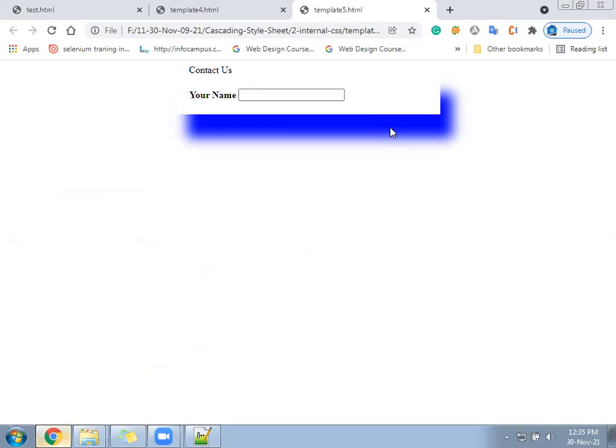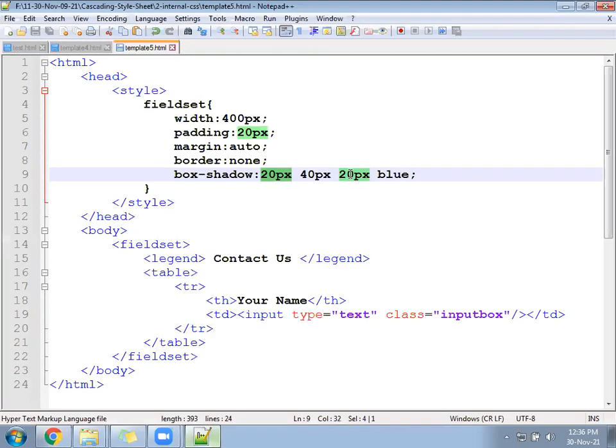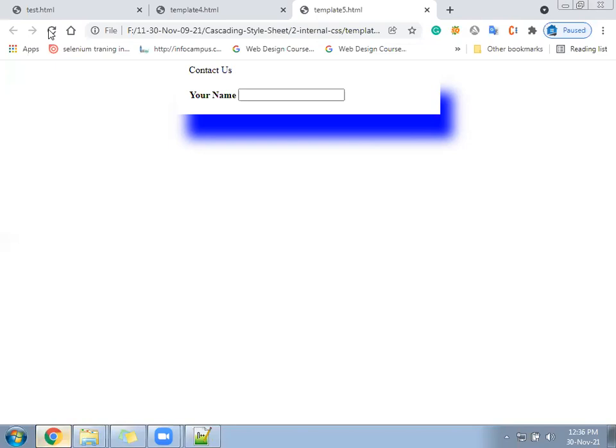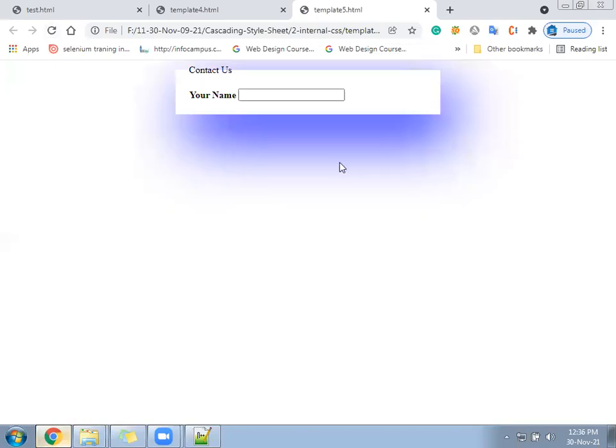Using the second number, you can shift your shadow top or bottom. Negative will move to where? Up. And positive will move to where? Down. Okay. And the last number is for what purpose? Density. Till how much area you want to spread. The last number says till where you want to spread. So we said okay, 20 pixel. Let me keep 100 pixel. See what is happening. 100 pixel. See, it spreads within 100 pixels everywhere. That is called shadow.